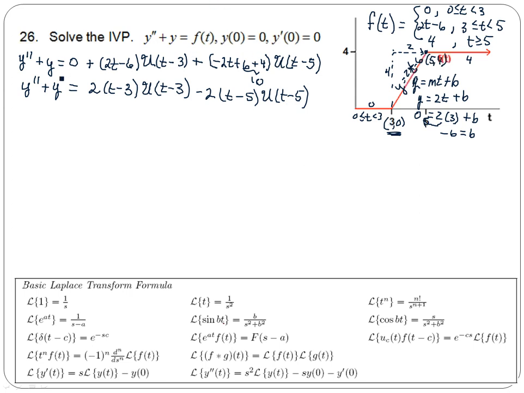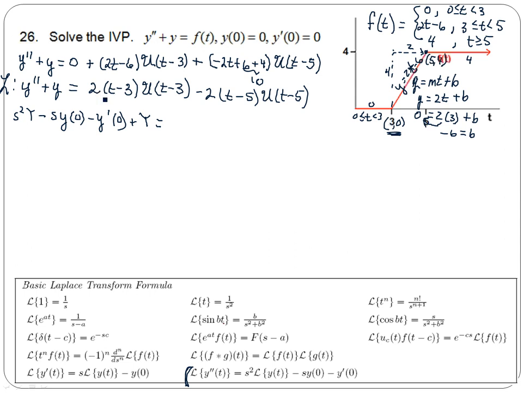So now to solve using Laplace transforms, I'm going to apply the Laplace to each term, and the Laplace of my second derivative is given down here, is s squared Y minus s y of 0 minus y prime of 0. Then I have plus y. The Laplace of y is capital Y, and then is equal to,